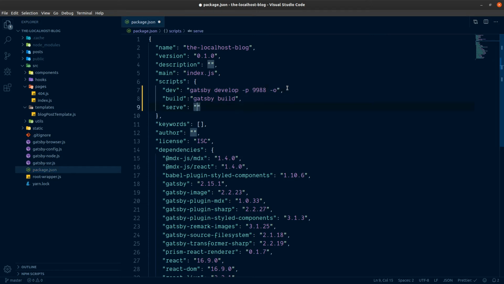and it's the same sort of syntax as Gatsby develop, where we can choose our port. So we'll do 9500, and we'll open up a new tab and we'll specify the port, but this is just going to be serve instead of develop. So save those. Couple of other things we're going to need